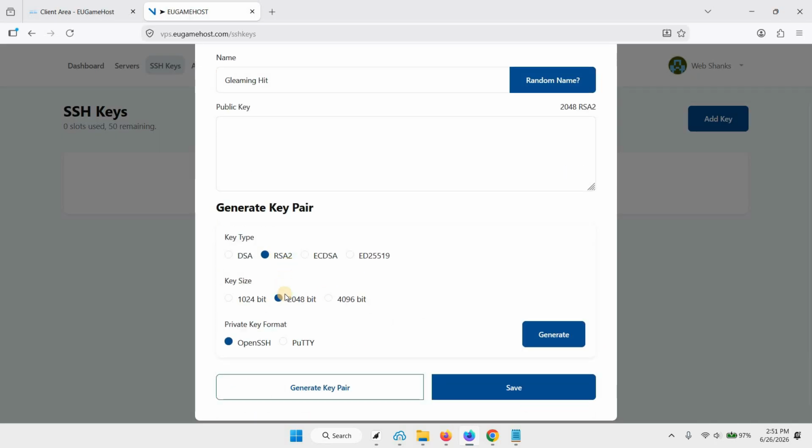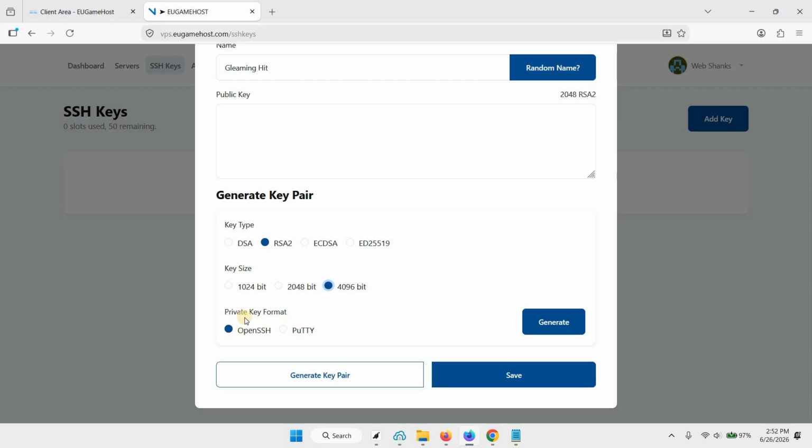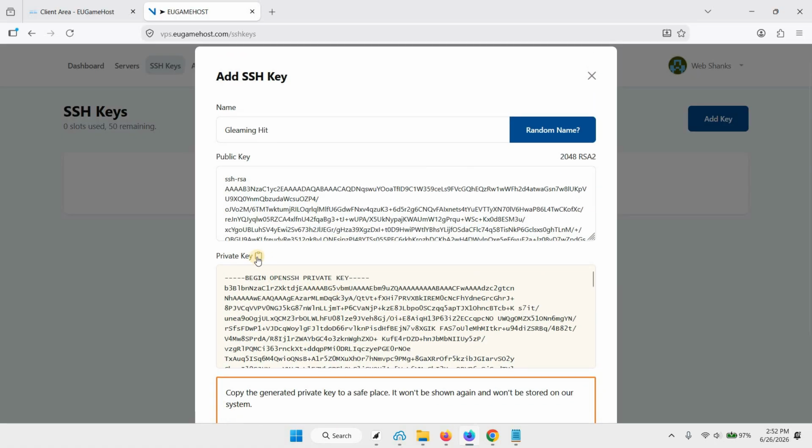Use RSA. 2048-bit is the default key size, and for more security you can use 4096-bit. And then choose OpenSSH for the key format. We'll generate. Then we will copy this private key,